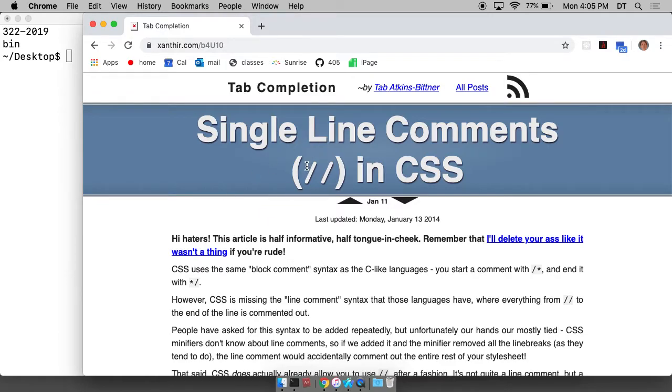Actually, this slash slash is not a general purpose commenting syntax. It works in some cases, but this slash star, with the star slash closing it, is the block comment. So all CSS has is a block comment. But this slash slash will work sometimes, because it triggers a syntax error and the rule is skipped. So it looks like it was commented out, but it was really